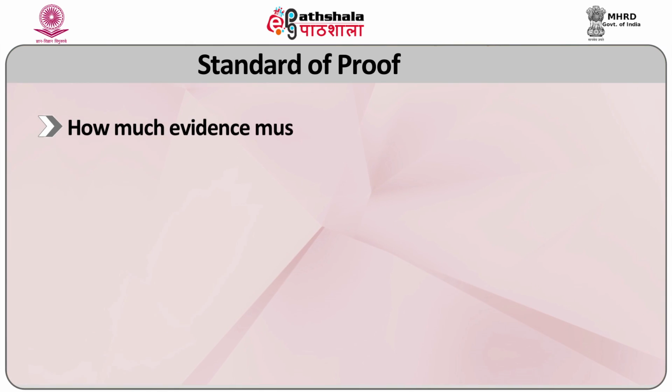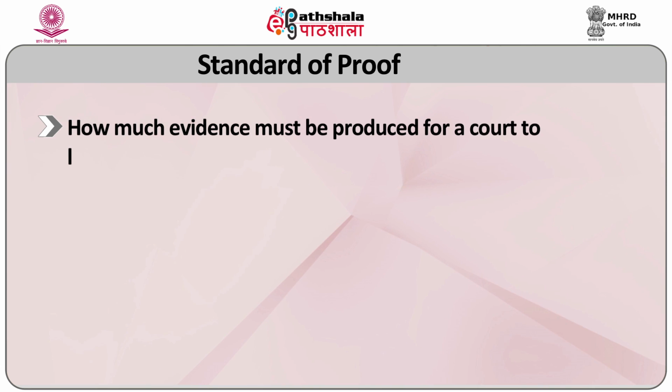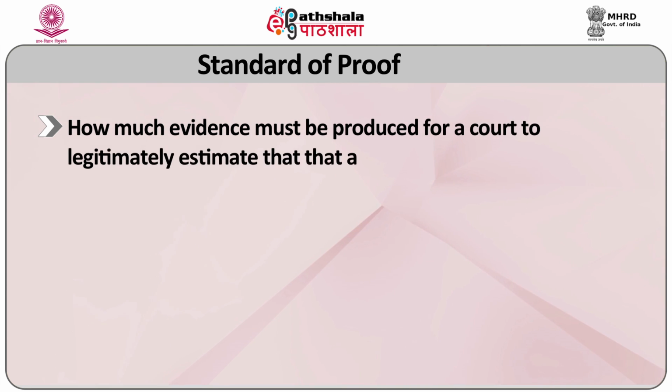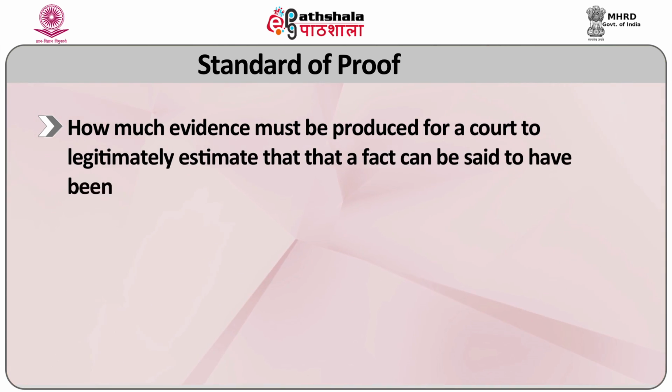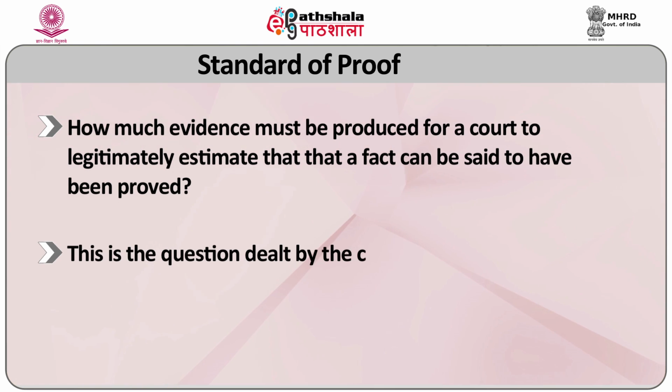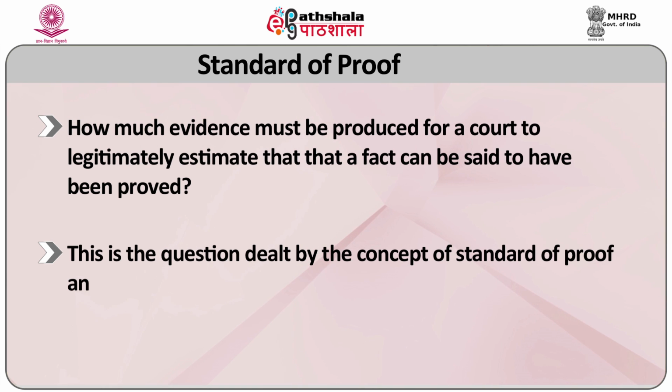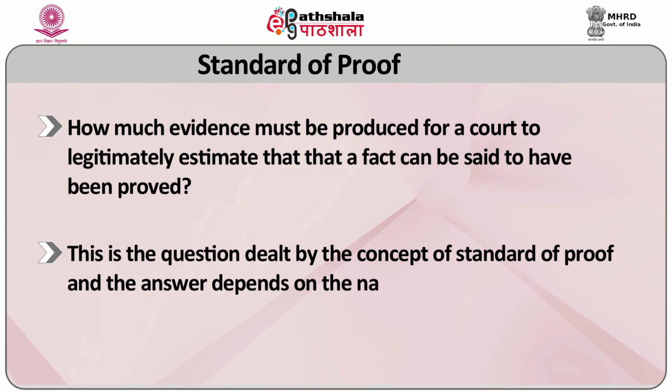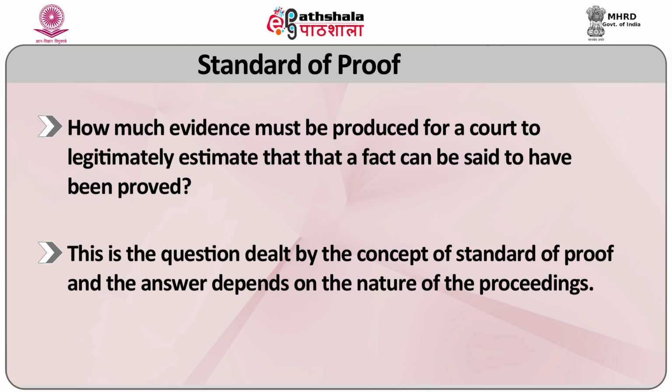How much evidence must be produced for a court to legitimately estimate that a fact can be said to have been proved? This is the question dealt with by the concept of standard of proof, and the answer depends on the